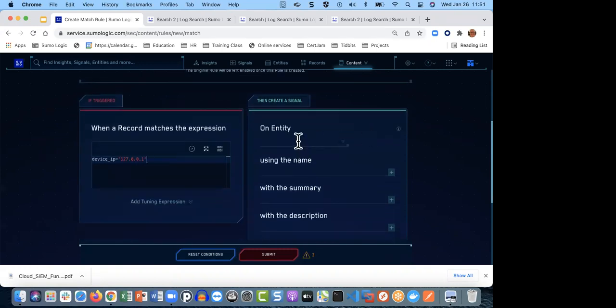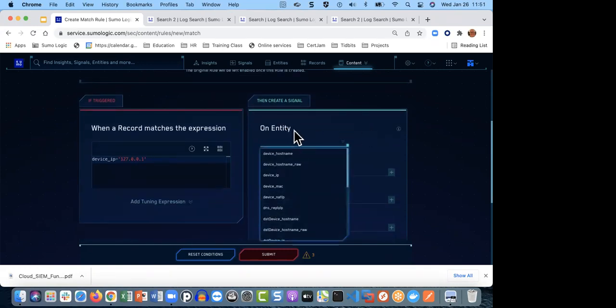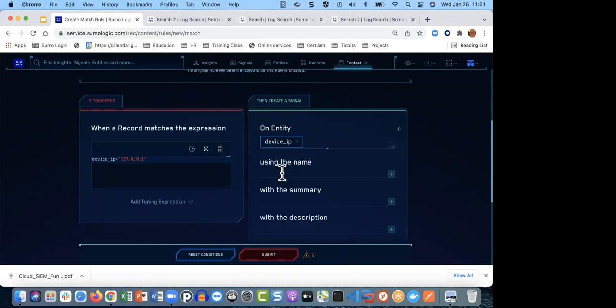Now, what do I want the rule to say and all that stuff? That's over here. So first of all, what entity am I dealing with? So when I'm using this device IP address, the entity I probably want is the device IP. Maybe I want the username. I don't know, but we're going to go with device IP. And then what name do I want to put in here? We have loopback IP